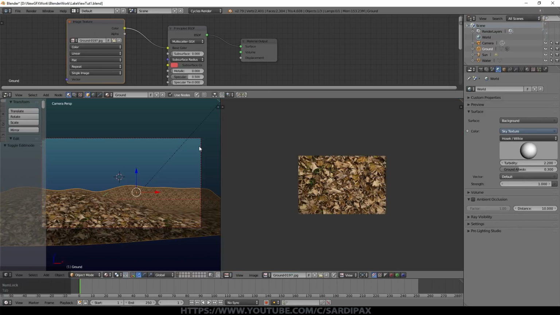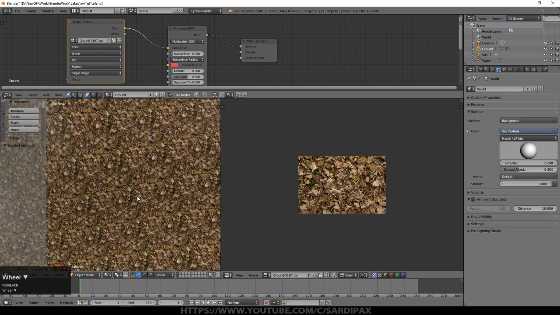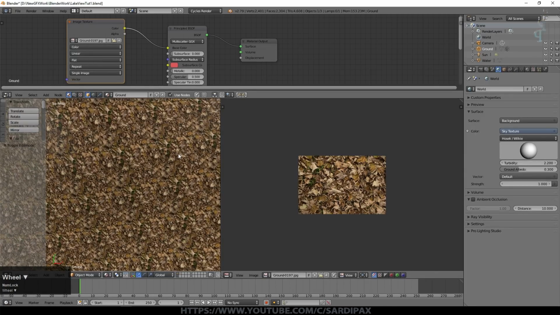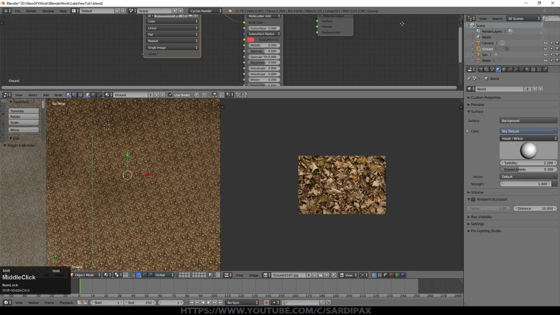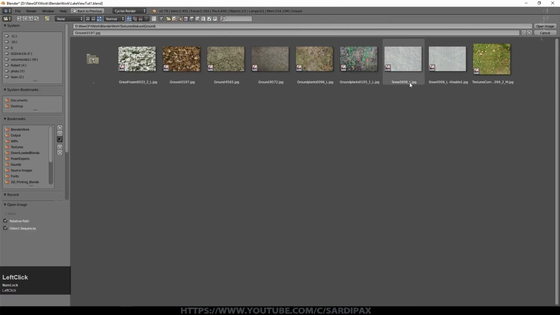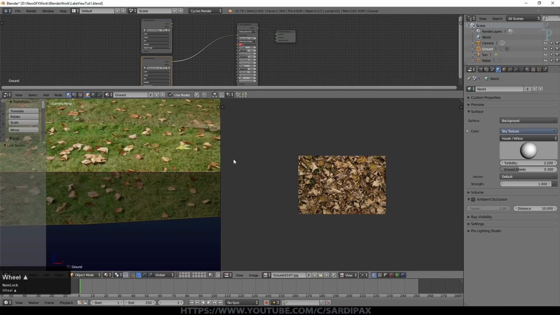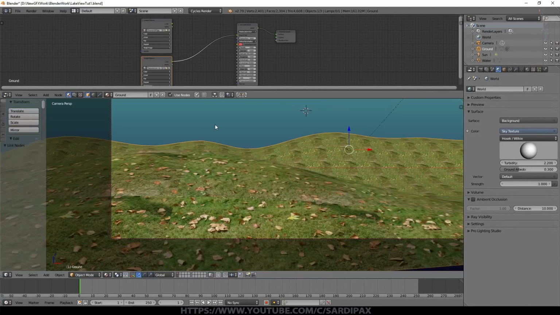Something like that. But you can probably see already, even here, relatively close up, there's a certain amount of the edges of that image being visible. It's not too bad in some respects. Obviously when we look at it like this you can see them. So we're going to do a little trick to minimize the impact of that. So I'm going to add another image. I'm just going to swap over to that other image, and I'm going to select a different ground texture this time. So we'll try one where there's just a few leaves on grass. So there it is, and that's fine in terms of scale. But again, you can see these hard edges where the edge of the texture is.